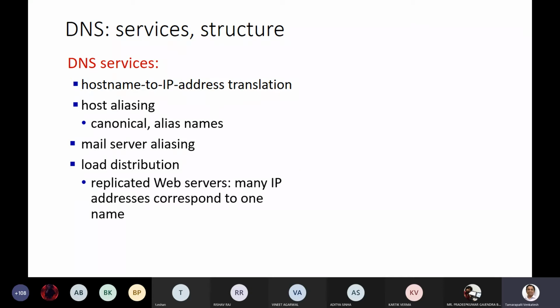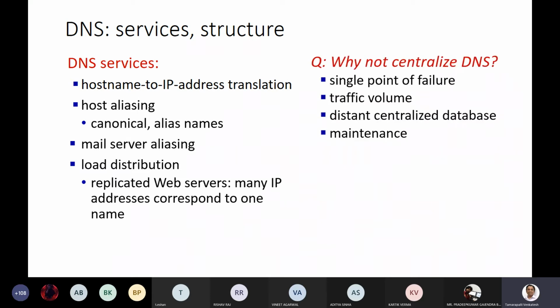That means you can indicate one web server name and then you can map it to multiple IP addresses. And these IP addresses can be scattered all across the globe. And you can have a DNS system doing that load balancing for you. So it keeps on shuffling the IP addresses served in a round robin fashion. So it keeps on spreading the web requests across different machines.